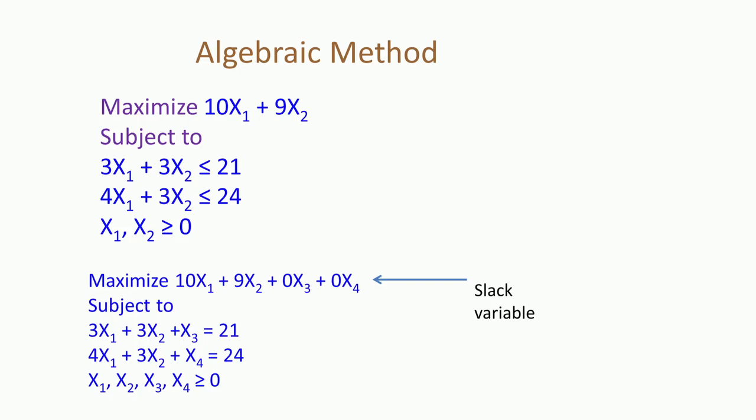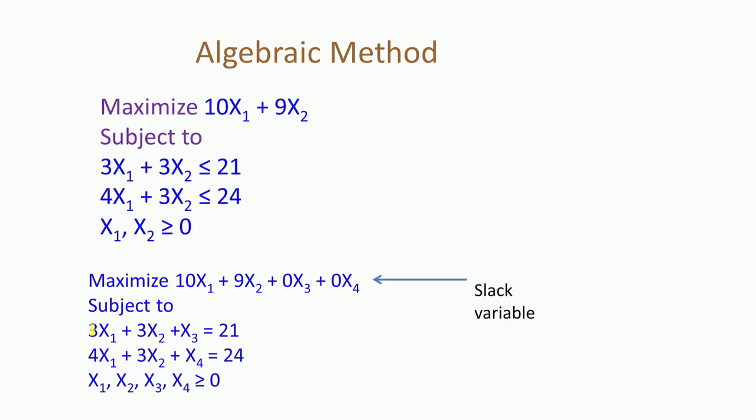It is now possible to introduce another variable called x3 and write 3x1 plus 3x2 less than or equal to 21 as 3x1 plus 3x2 plus x3 equal to 21,